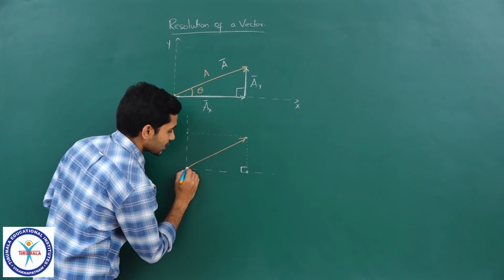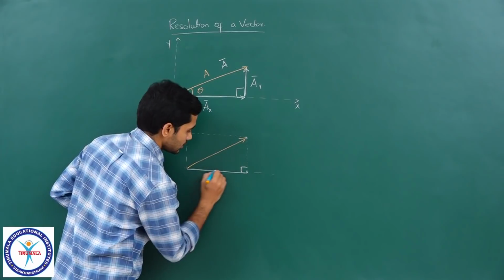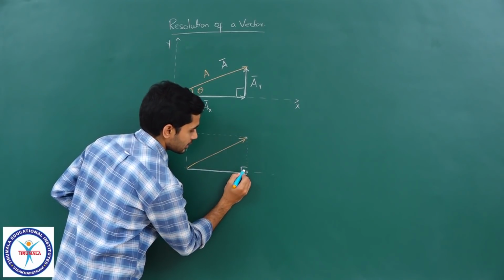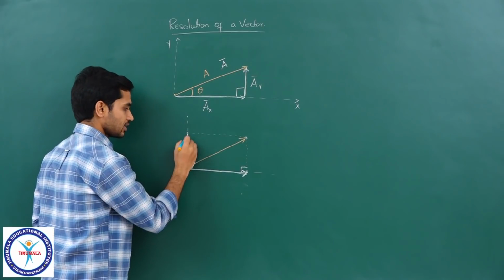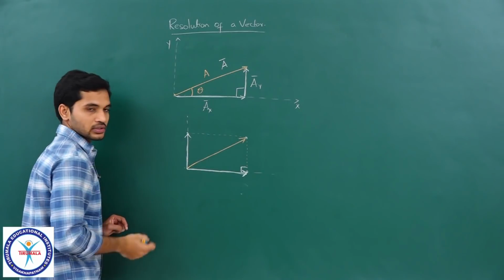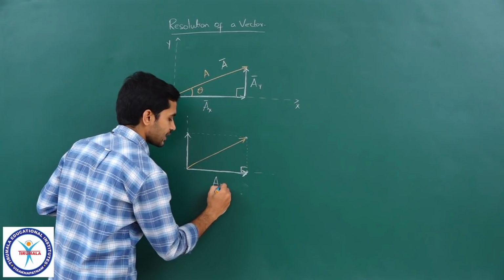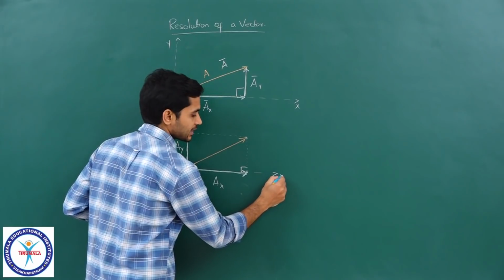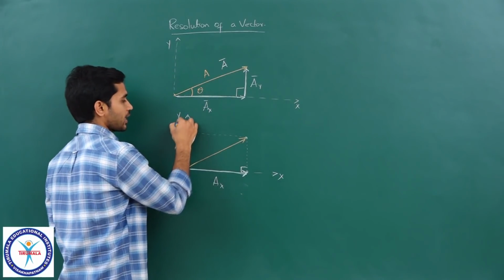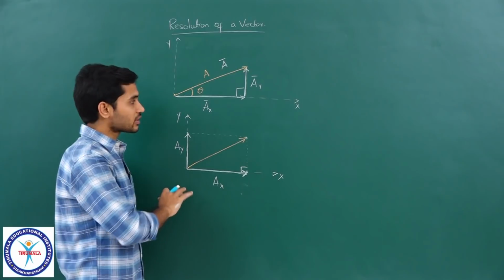So, draw two vectors till there. This is one vector and this is the other vector, clear. This vector is what we call ax and this vector here is what we call ay, if I call this the x axis and this the y axis, clear. So, a very simple method for resolving.